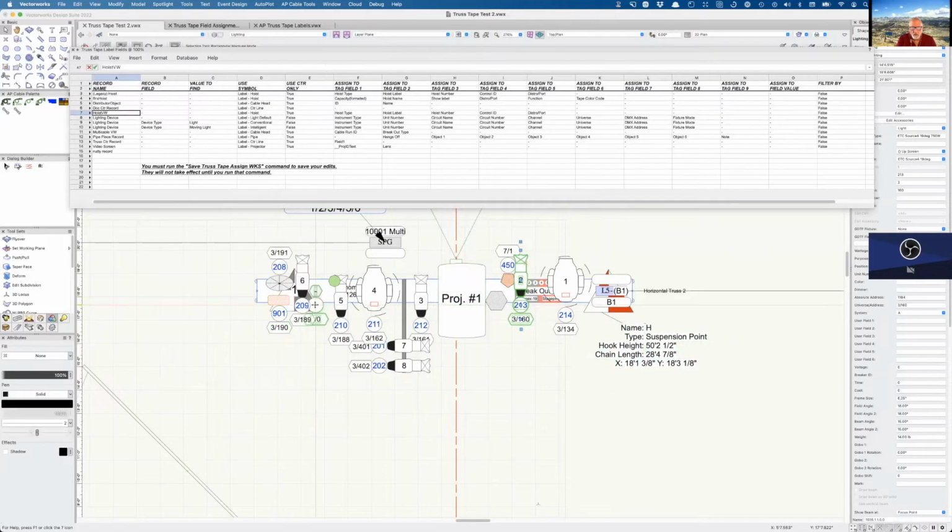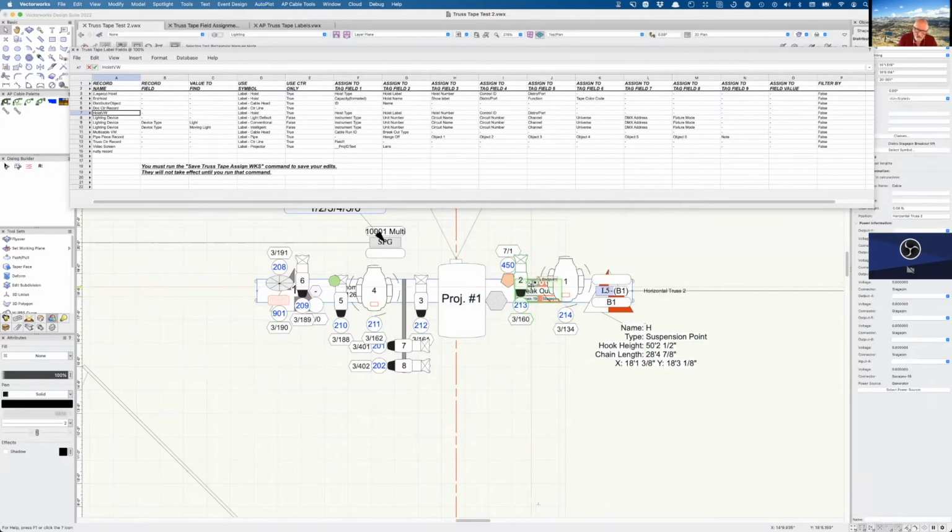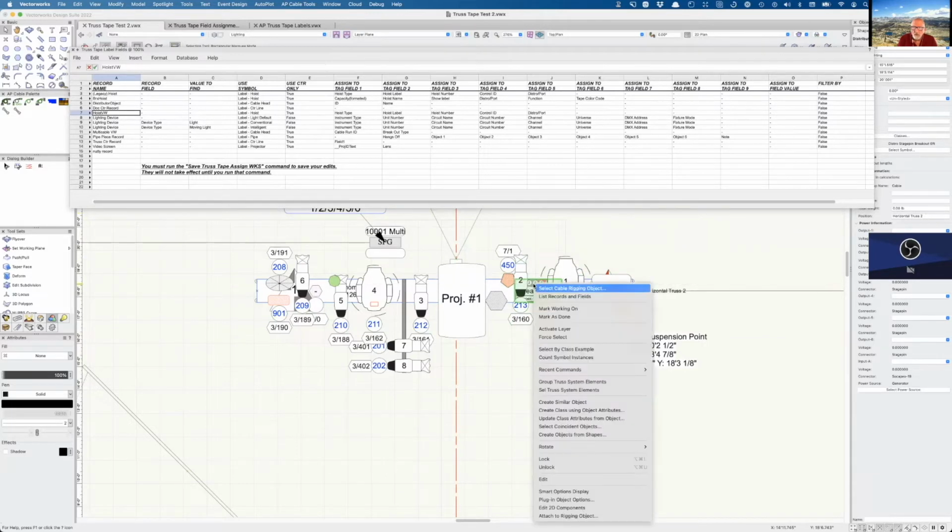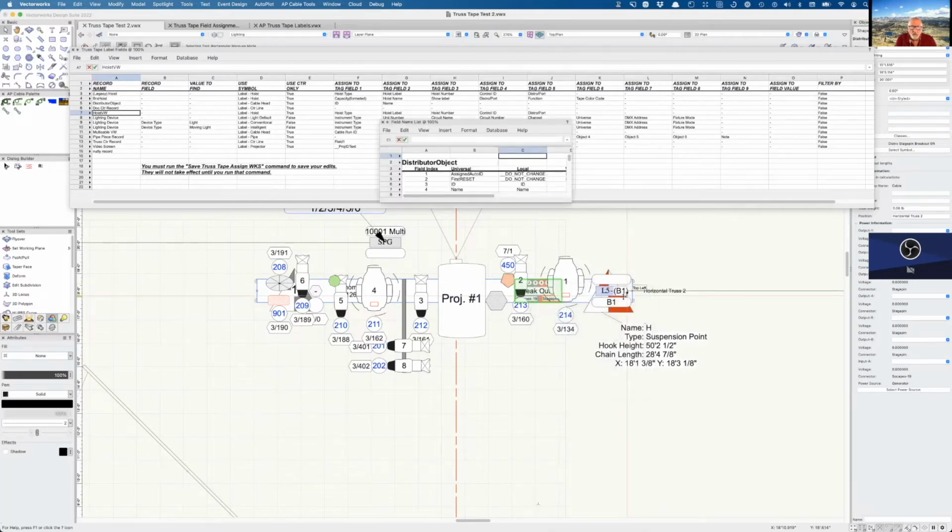If I click on this, which happens to be a distributor object, what I'm going to do now is run this command, list records and fields, which will list the records and fields of the selected object. You can find that under AutoPlot tools in your workspace editor. What it does is it makes a worksheet,